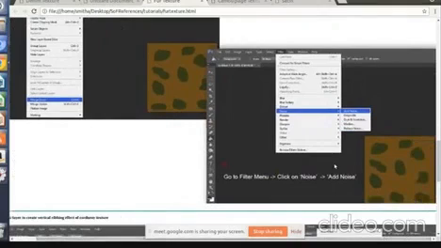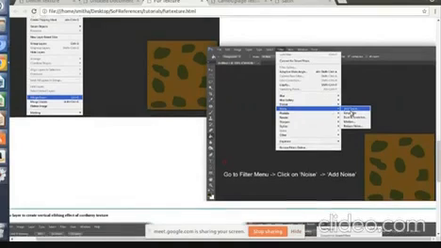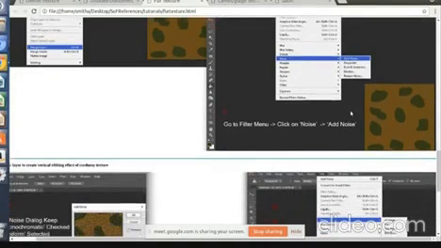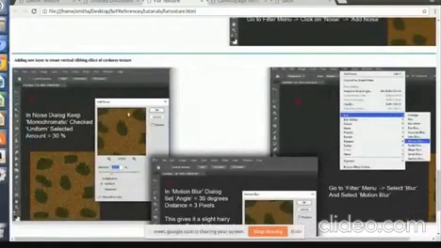Just like how you added the hairy appearance in the corduroy texture, you have to go to the Filter menu, select Noise, and click on Add Noise. Okay, and you have to be very careful about the settings.